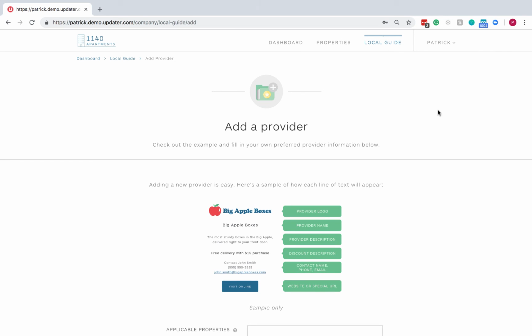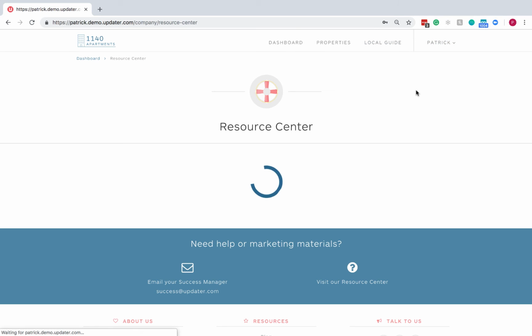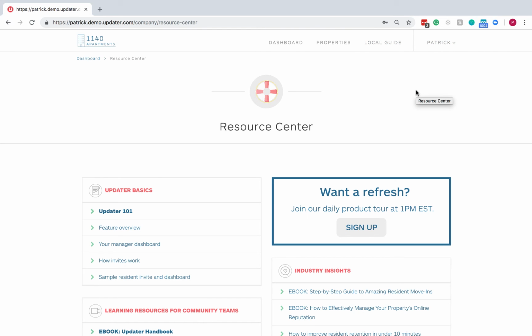Now, lastly, and most importantly, through this dashboard, clicking your name and clicking Resource Center is going to take you to all of the materials, resources that you need to become an Updater expert and that you need to promote Updater on site. So my philosophy on this tool is that while it works on its own because of our integration with Yardi, we always want to make sure residents are hearing about Updater from you guys first on site. We want them to know that Updater is one of your amenities. It's an extension of your brand in your community and something they should feel confident using to take care of their moving related